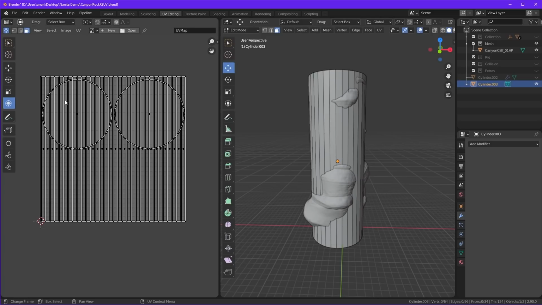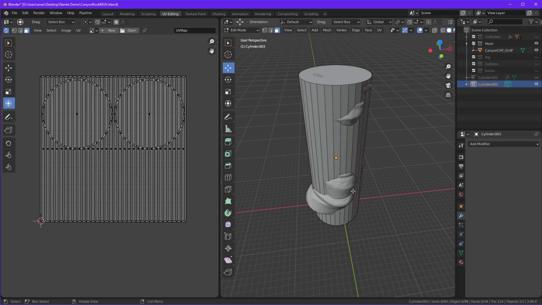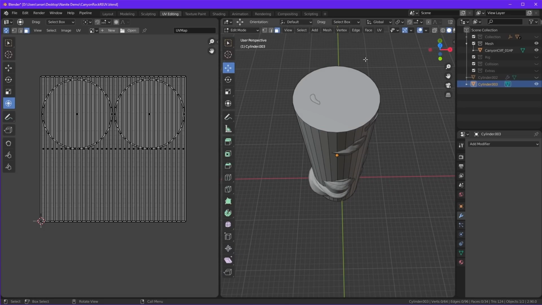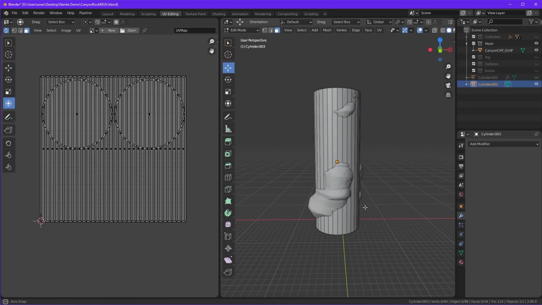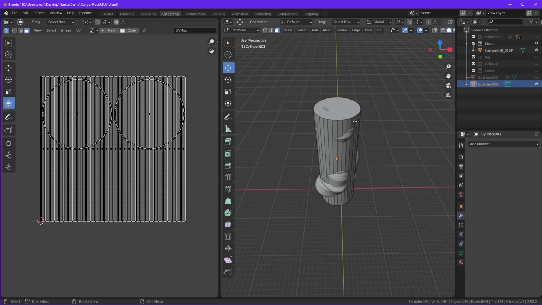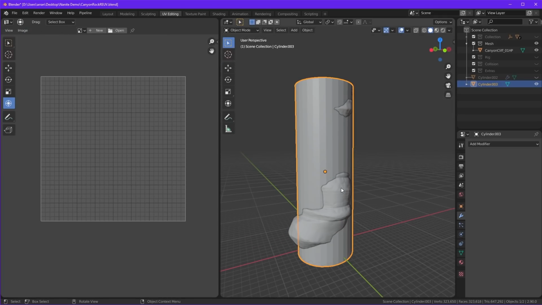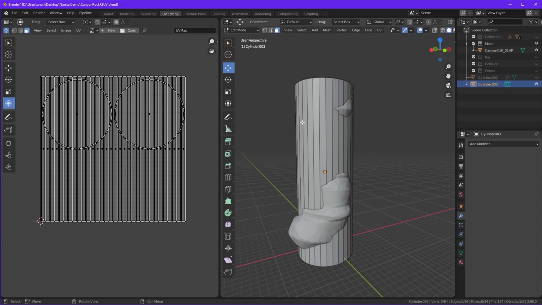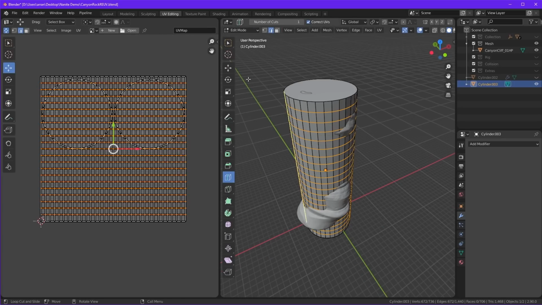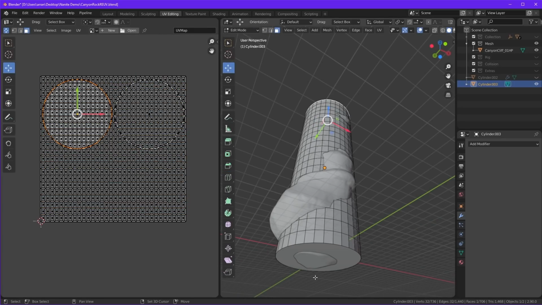In this instance, I don't really care about the UV space for the top and bottom of this shape because I know that I'm going to be blending out the top and the bottom of this shape with a standardized texture. Once I've got that, I can start adding some extra geometry to this shape. And let's just add some to the top and bottom as well.